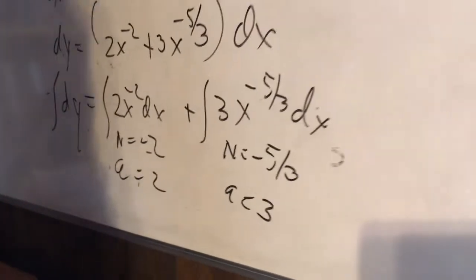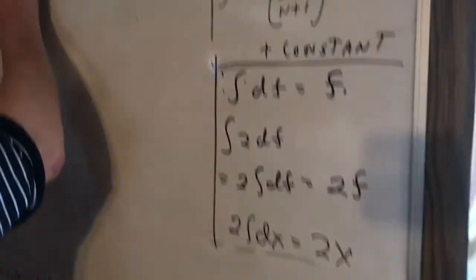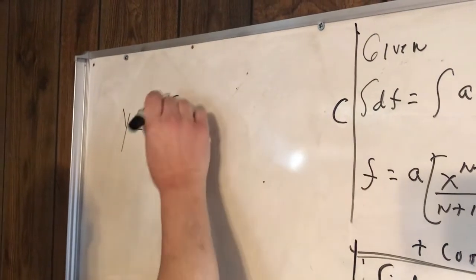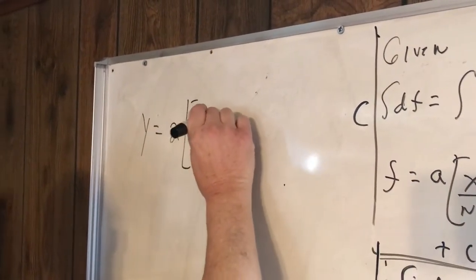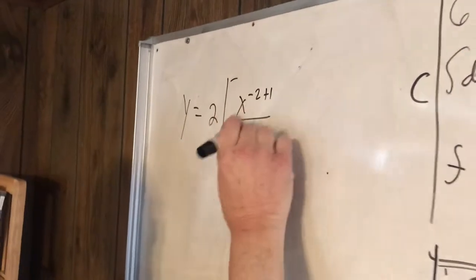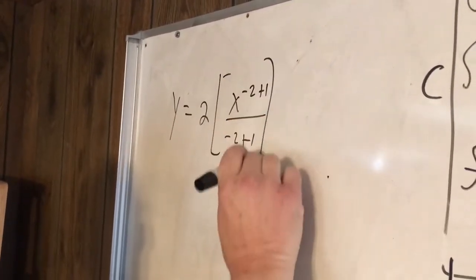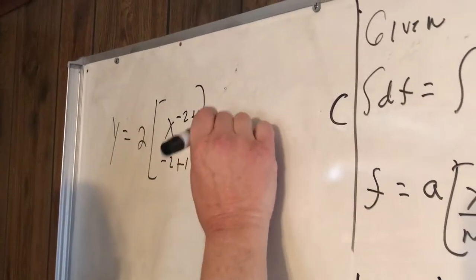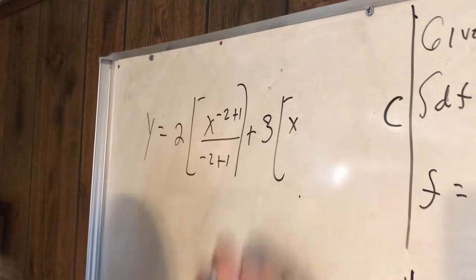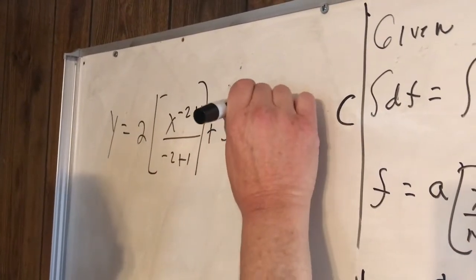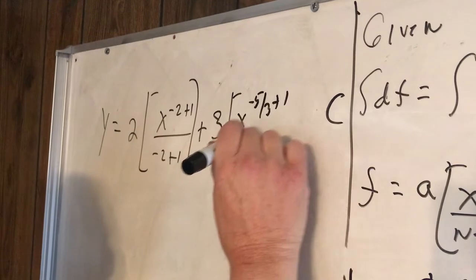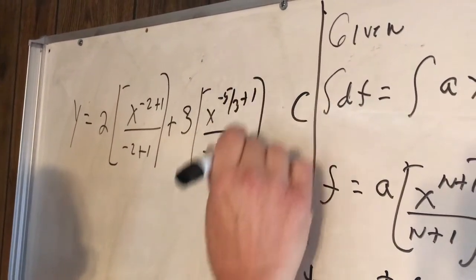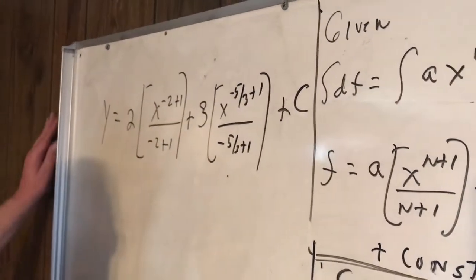So substituting for each term, we're going to get y equals 2 x to the minus 2 plus 1, plus 3 x to the minus 5/3 plus 1, plus c, and this becomes